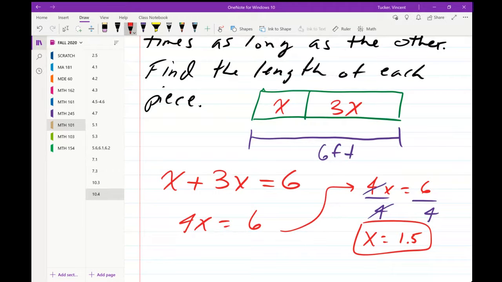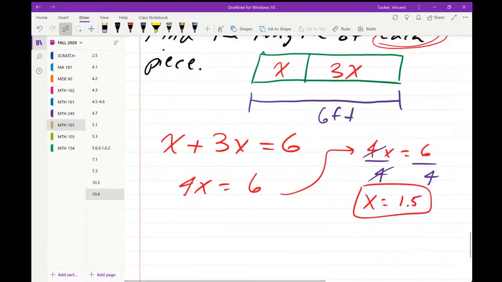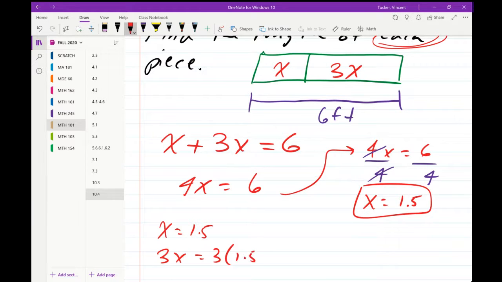Now, on that last step, remember I said you need to always go back and check and make sure that you actually answered the question. So here it tells us to find the length of each piece. So if you only type in 1.5, of course you would be wrong because you need the answer for both pieces. So we know X is equal to 1.5, which is the short piece, and then 3X, 3 times that 1.5